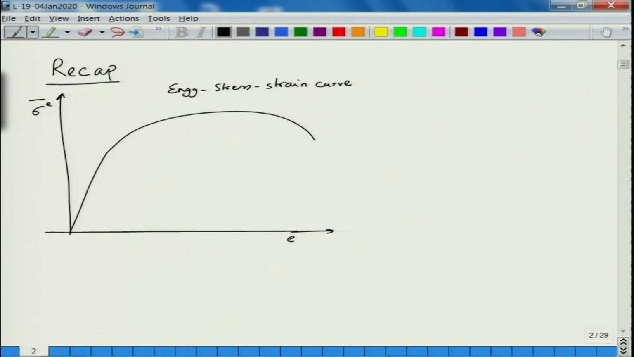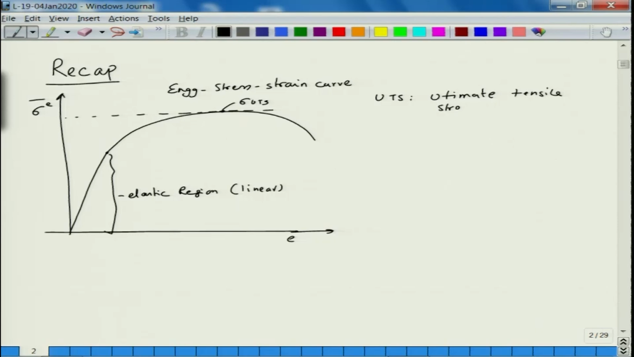And this curve shows few regions which are very clear in nature. So, up to this point it shows a region which is elastic region, which is basically a linear region, followed by a region which is up to a point which is called as sigma UTS, which is ultimate tensile strength. So, UTS is ultimate tensile strength. There is a nonlinear increase in the stress as a function of strain. This is nonlinear plastic region,